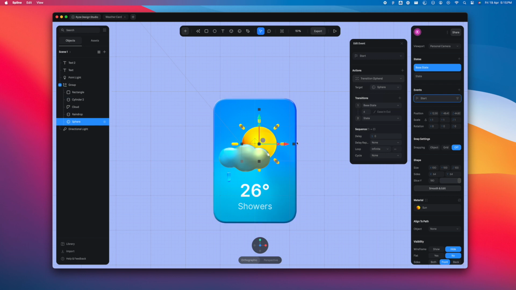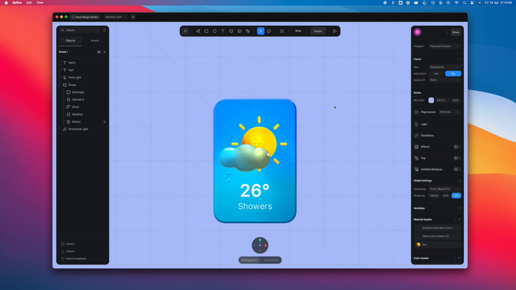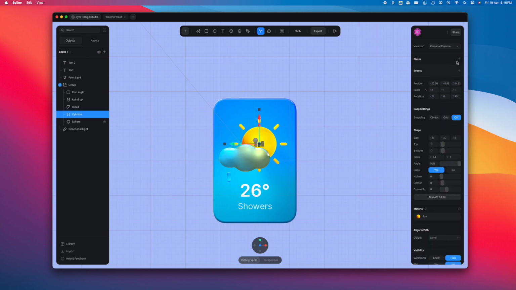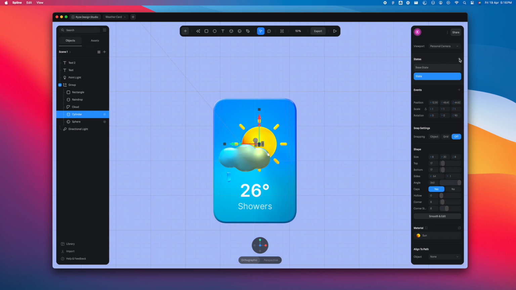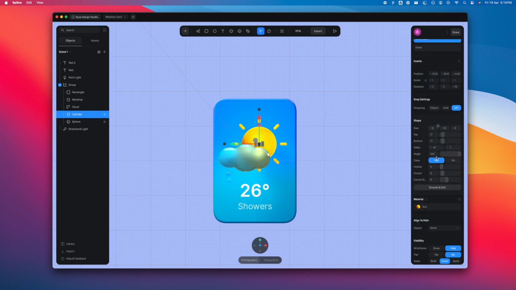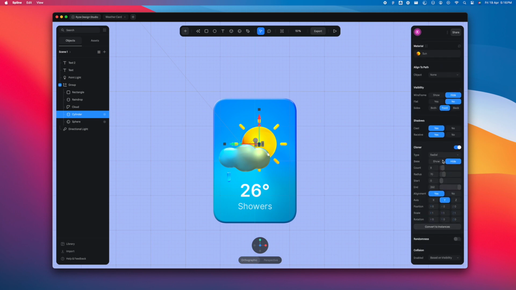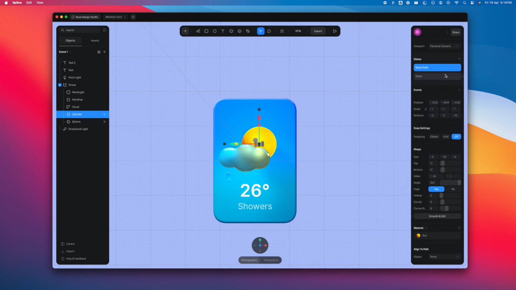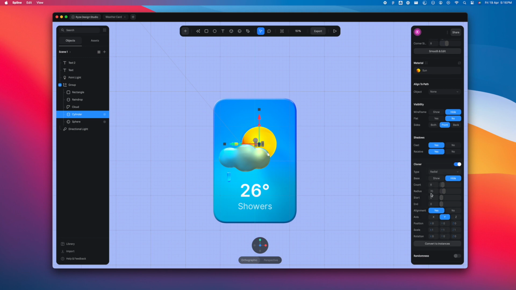And now it's time for us to animate the sunbeam. So let's just cross that out and select the cylinder here, which is the sunbeam. So we're going to add a state here, another state. So I'm going to go to base state here. And I'm going to go to the cloner options. And I'm going to set the end position here to 0. Because I want it to go from 0 to 360 degrees. So in the state position, I'm going to select the cloner option again and set the end position to 360 degrees. So now it will animate like that. It'll go from 0 to 360.